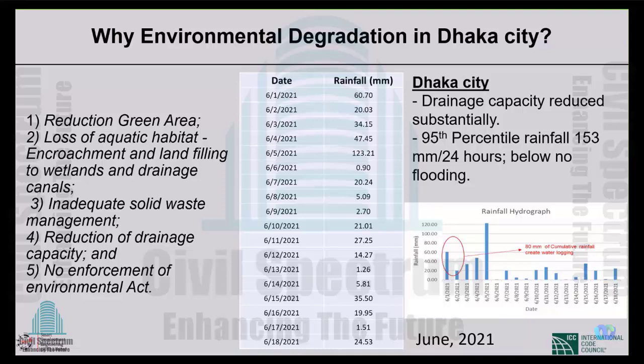No point in talking about enforcement when all these things happen. There is a law, no doubt of it. I will show you the environmental law. There are punishments, but the enforcement is missing. Same for BNBC. So that is important: enforcement. How can we do the enforcement without knowing the law?